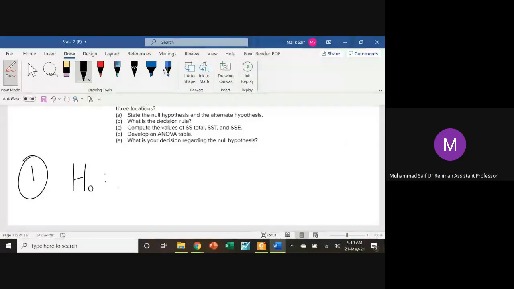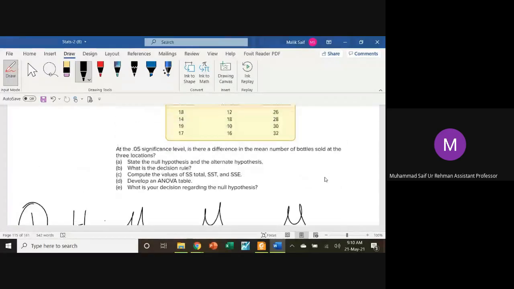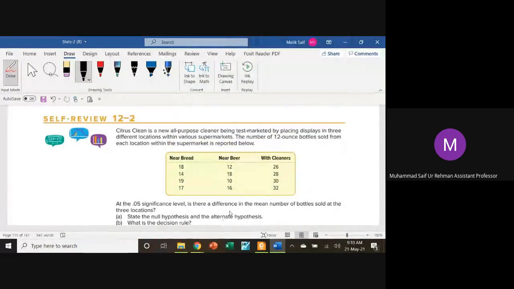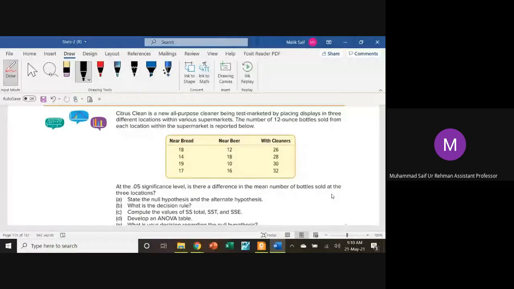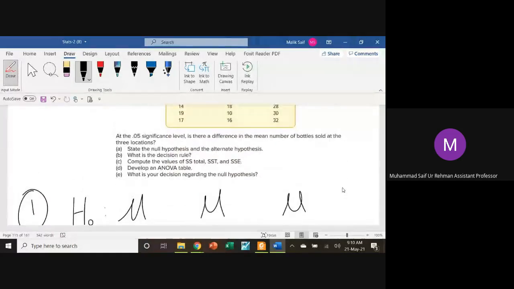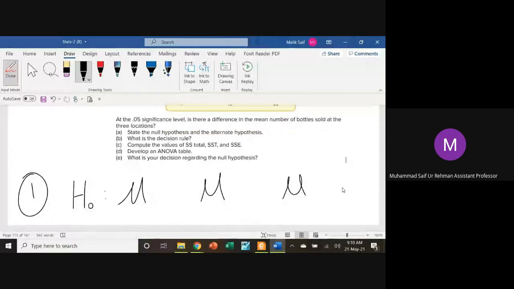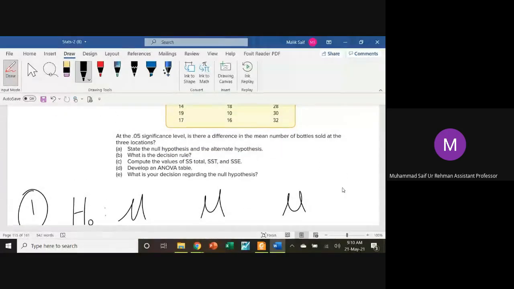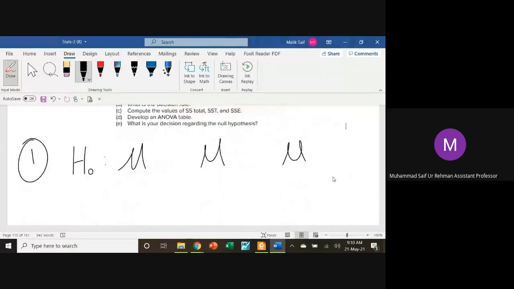So mu, mu, and mu. Why am I writing mu? Because I'm interested in the mean number of bottles sold at 3 locations. These are the sample data values, and I am interested in population values. The population mean is denoted by mu, so therefore I'm writing mu. Whatever is true for the sample, I want to confirm whether that is true for the population or not. So this is the scenario, and you can write mu, mu, mu, and then again in case of H1,